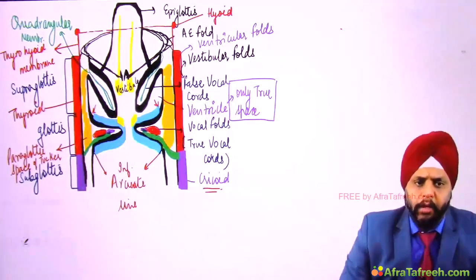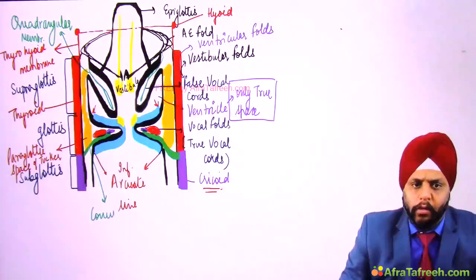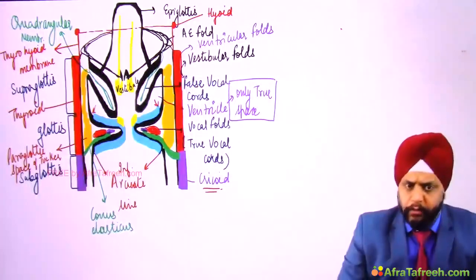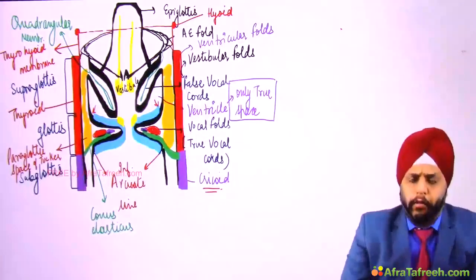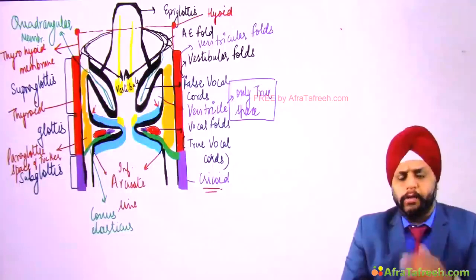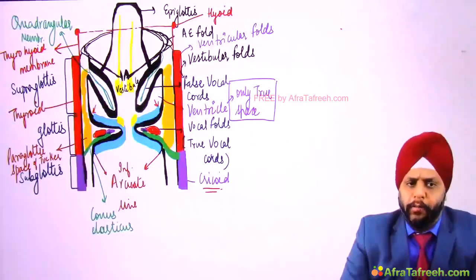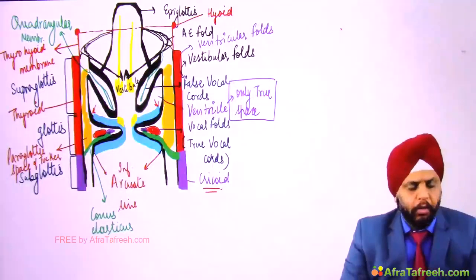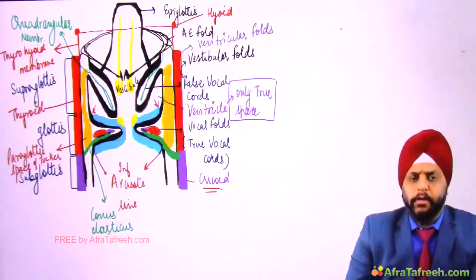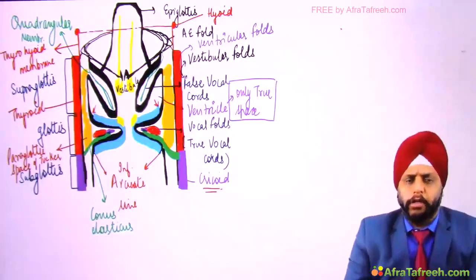This membrane is known as conus elasticus. It lines the inferior surface of the vocal folds. As you can see, it is lining the inferior surface of the vocal folds. We call it conus elasticus, and it forms the inferior medial boundary of the paraglottic space of Tucker. Now what all we have drawn over here, let's look at all of this in a colorful three-dimensional